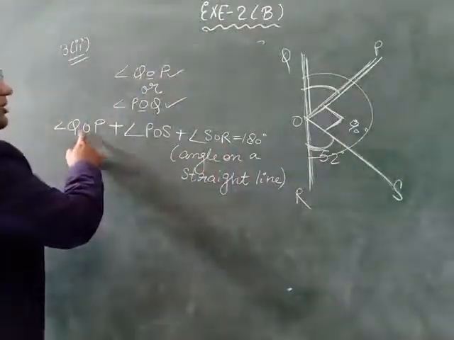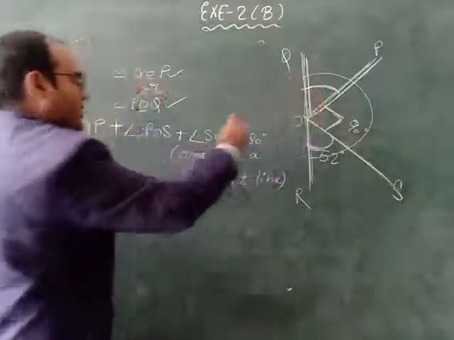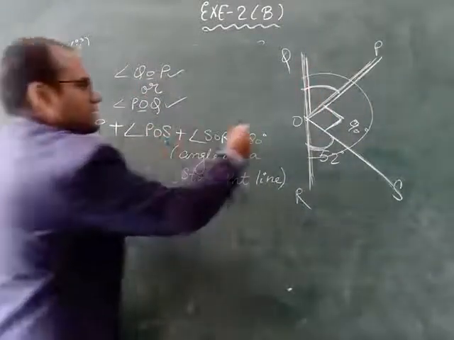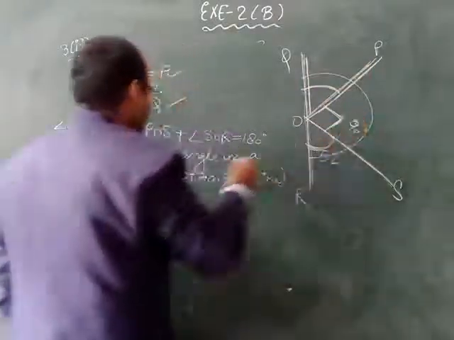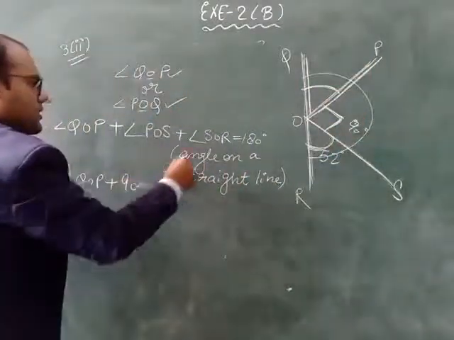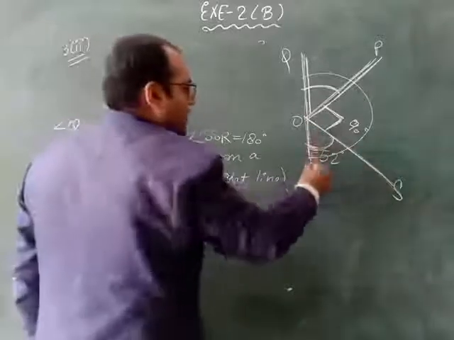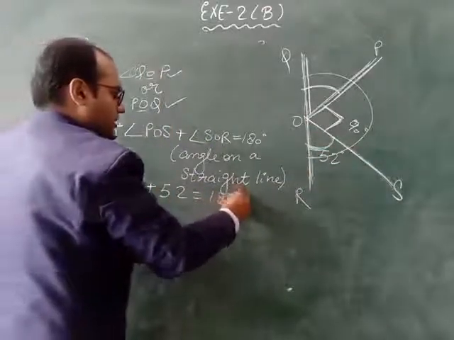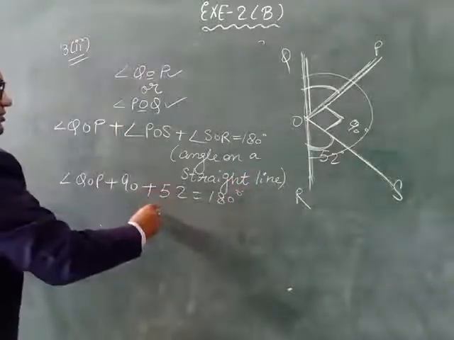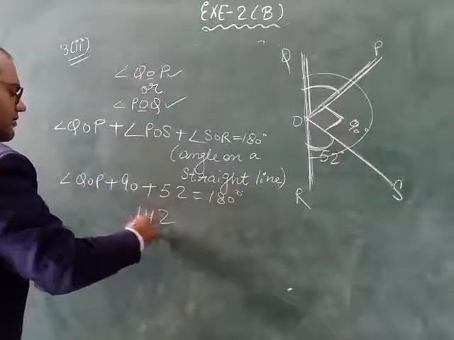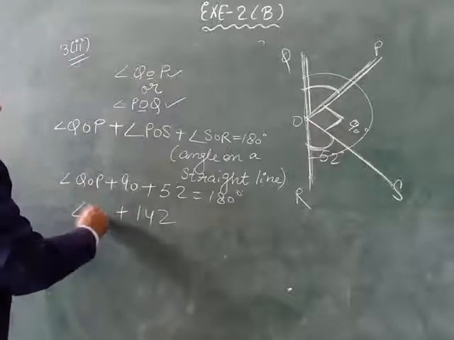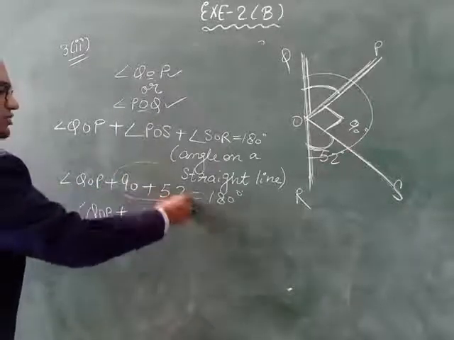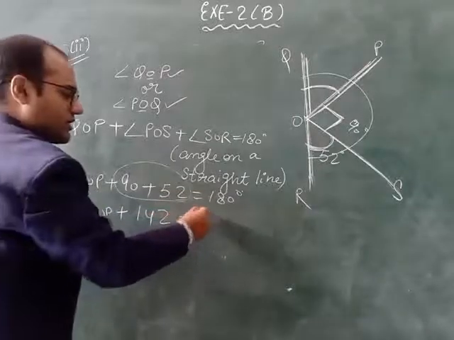Now QOP. QOP is this angle. We don't know the value. So we will write QOP as it is plus POS. POS is 90 degree plus SOR. SOR is 52 is equal to 180 degree. Now we will add these two. On adding them, we will get 142. QOP answer we don't know. So QOP we will write as it is. On adding these two, we will get 142 is equal to